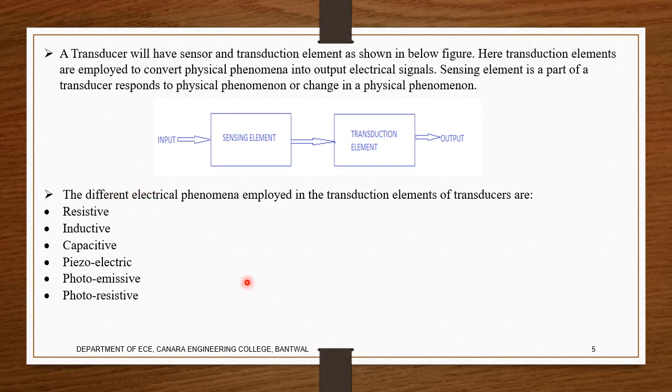Okay, this is the actual transducer element. As I said, the resistive, capacitive and inductive ones are passive transducers, so they require some input for something we can measure. You can take the example of a resistor. When you give voltage to it, we can find the corresponding current, or depending on the heating element, we can find the temperature.